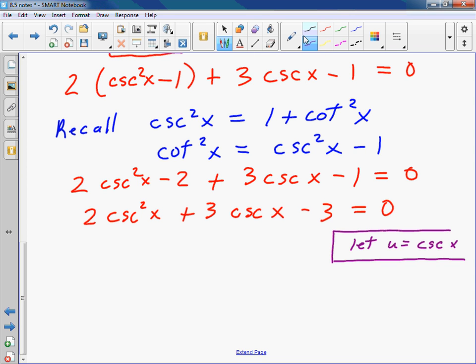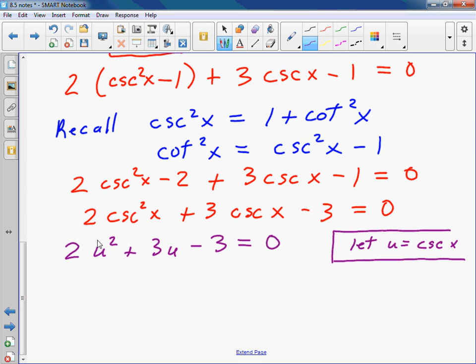Then we can say 2u squared plus 3u minus 3 equals 0. You don't have to do the substitution, but a lot of times for students, it's just easier to say,